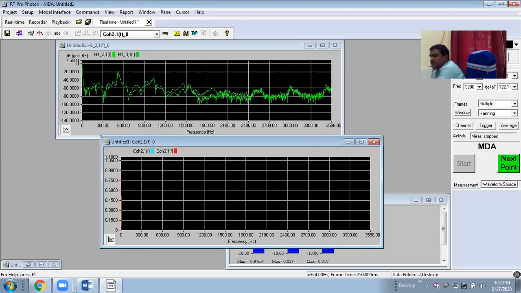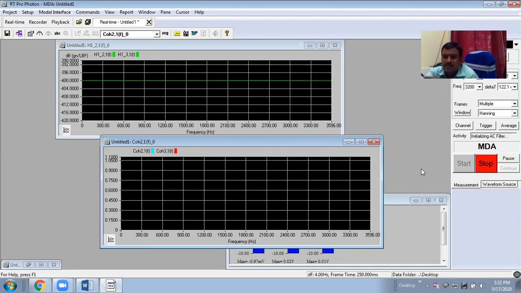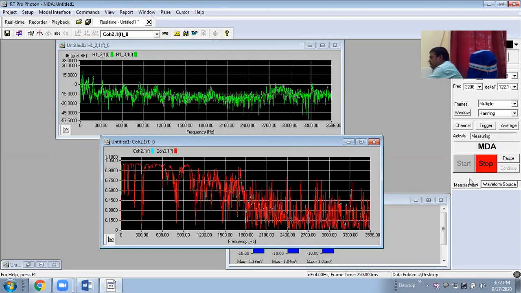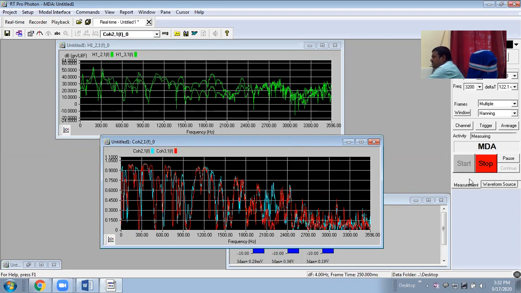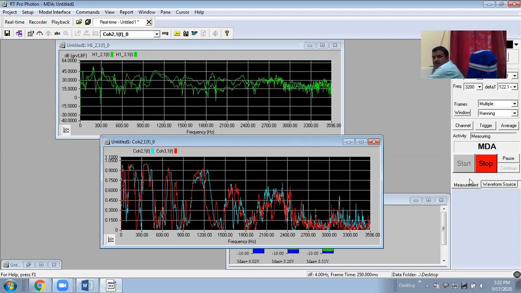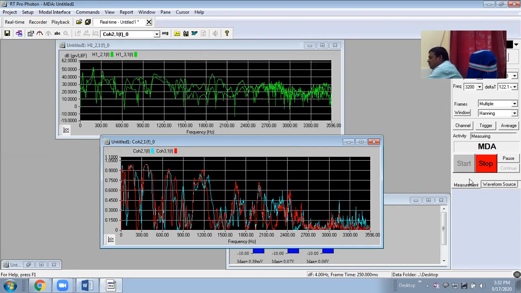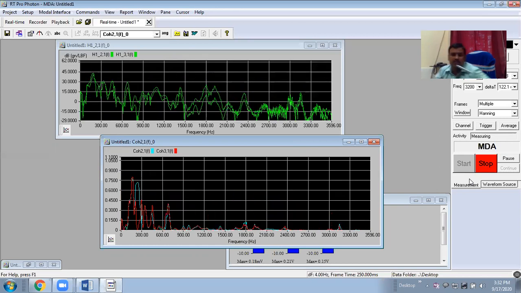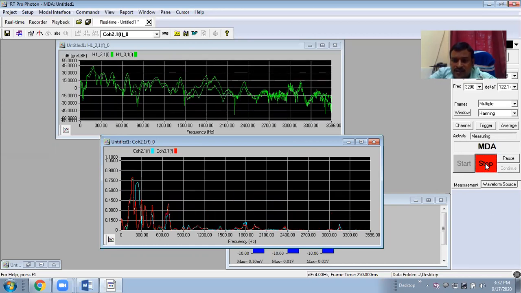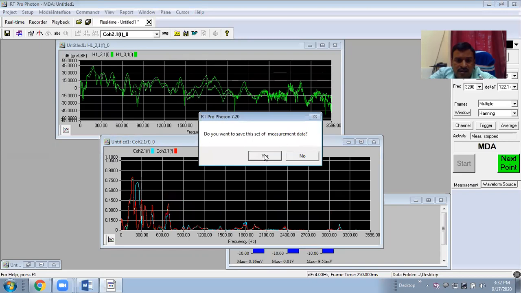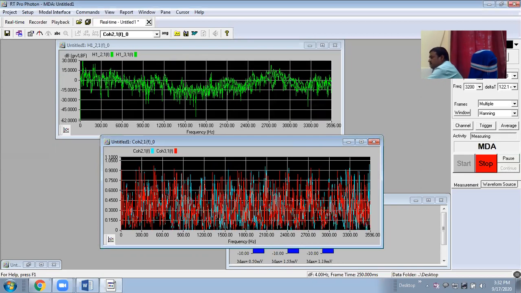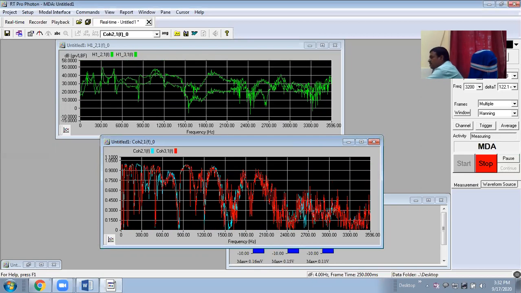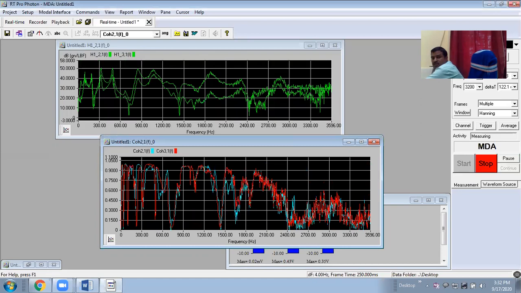So I'm again taking this data at a different point. You see, response is not quite good, but anyway, I'm taking it here. Now again I'll take the next point. Now it seems to be good.